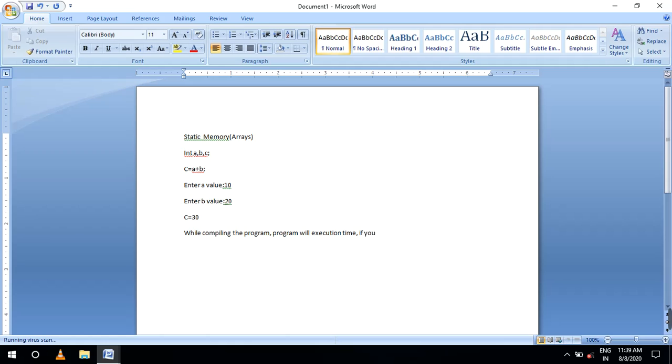If you are giving input values, you will get output values. This is the concept that we are declaring for static.